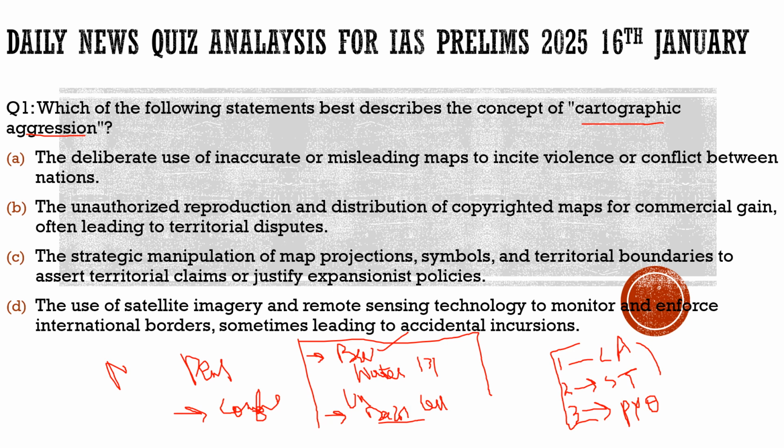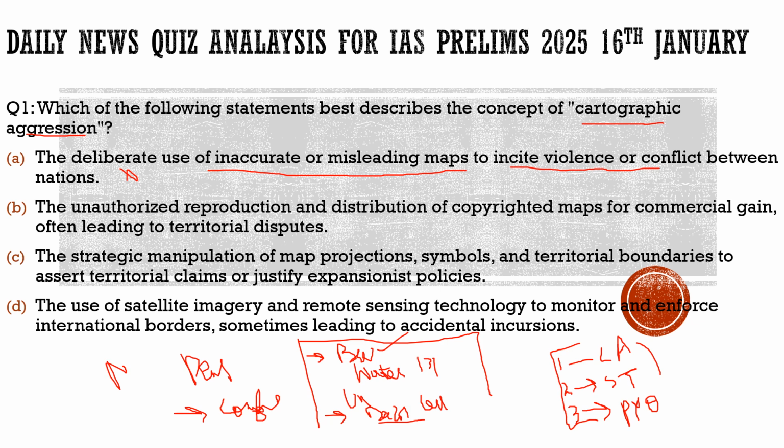Now with this, let's try to understand this question and move towards another topic. Here the question says, which of the following statements best describes the concept of cartographic aggression? First statement: the deliberate use of inaccurate or misleading maps to incite violence or conflict between nations. Even though it can incite violence and conflict, it is not the major principle of China to incite violence or conflict between nations. So even though it can lead to it, it is not the basic idea